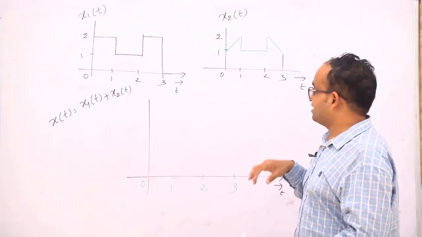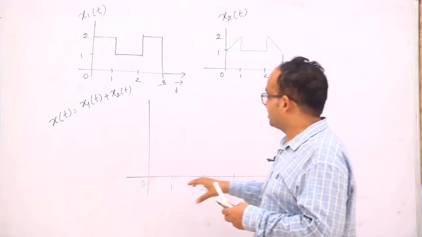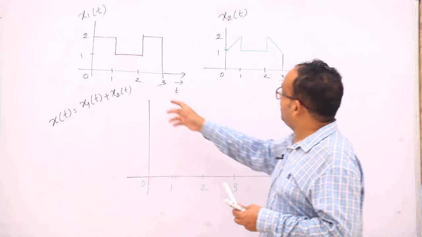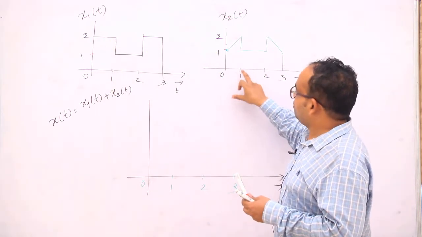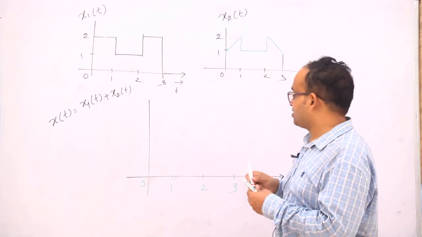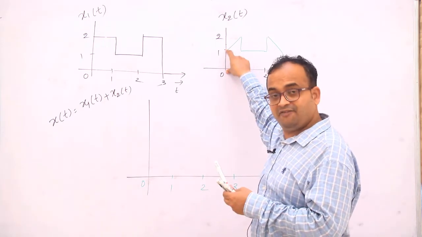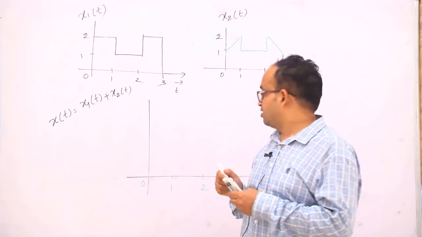So now what happens if I draw the addition of two signals? So I have pointed here 0 to 1, 1 to 2, 2 to 3. So now what happens? From 0 to 1, 2 is fixed here. From 0 to 1, 1 is fixed, then one ramp signal is there. So what you can do now, see? This 2 fixed plus 1 fixed will be 3 fixed. After 3 fixed, one ramp signal must be present. So I can draw now, see?